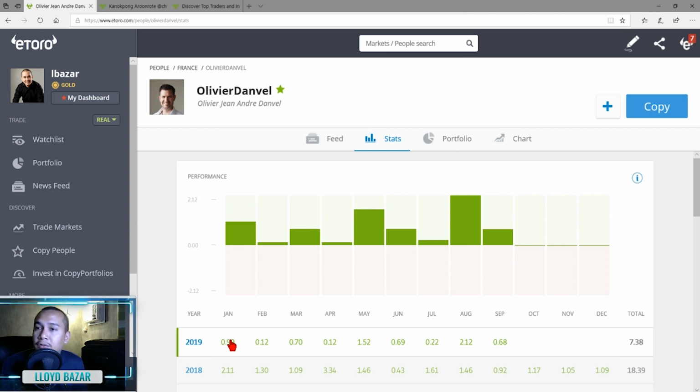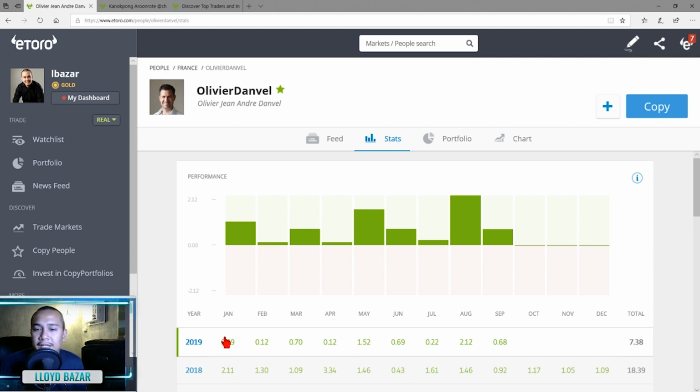Again, the minimum amount to copy a person is $200. I strongly recommend you start with larger amounts, because money markets are very dependent on the volume of money that you put in. If you're going to put in only $200 and you gain 10%, for example, this year he finishes with 10%, then that means you only gain $20 for the whole year. So it's very important that you start with not too big of an amount, but let's say 500 to 1,000. That is my recommended amount to start with.